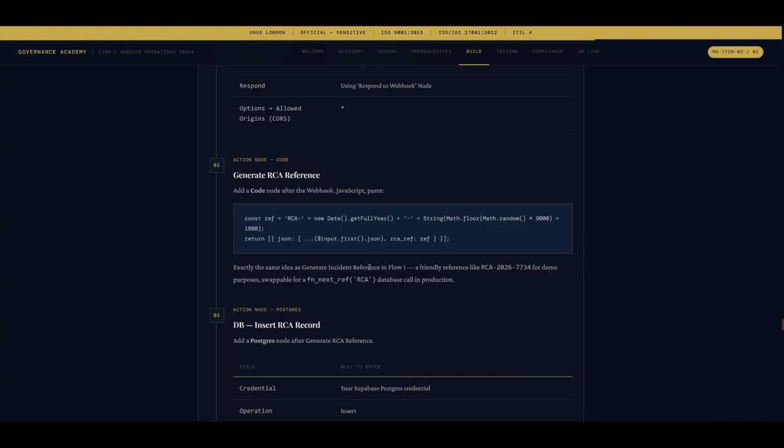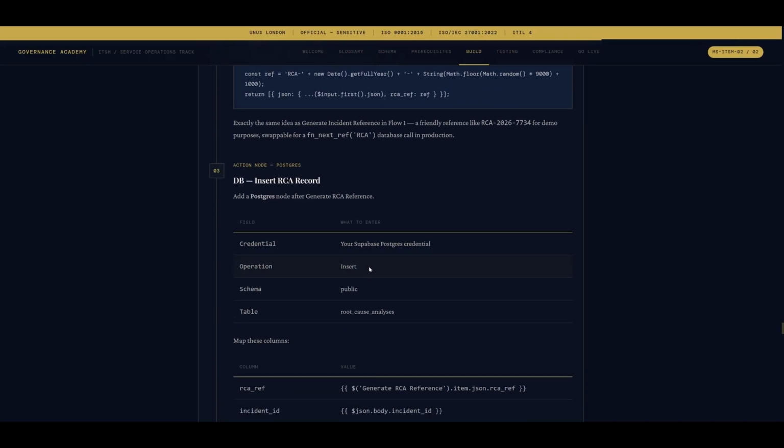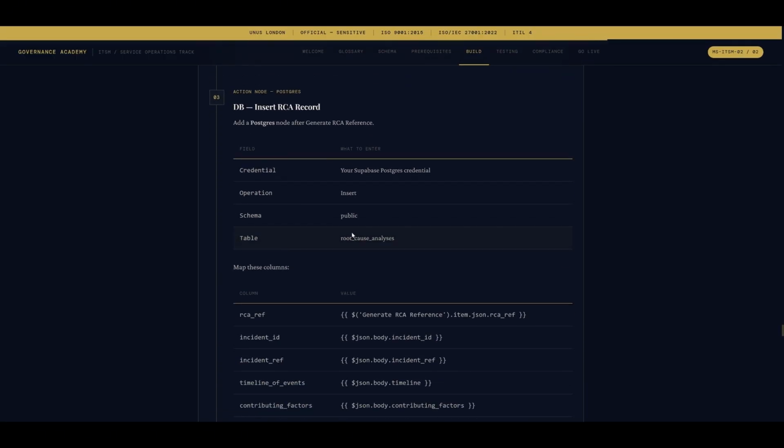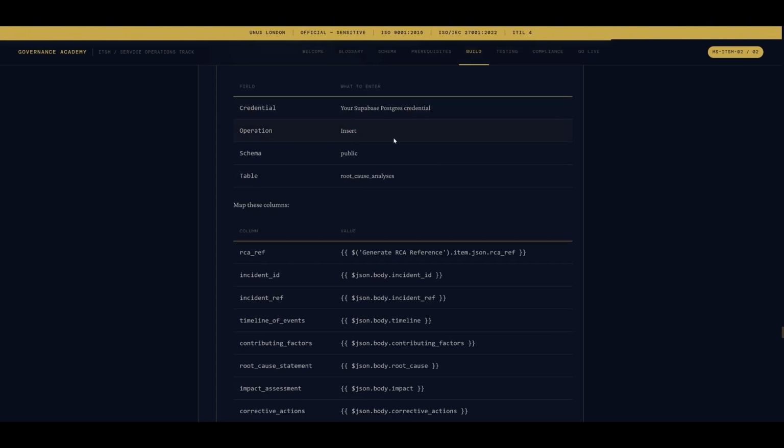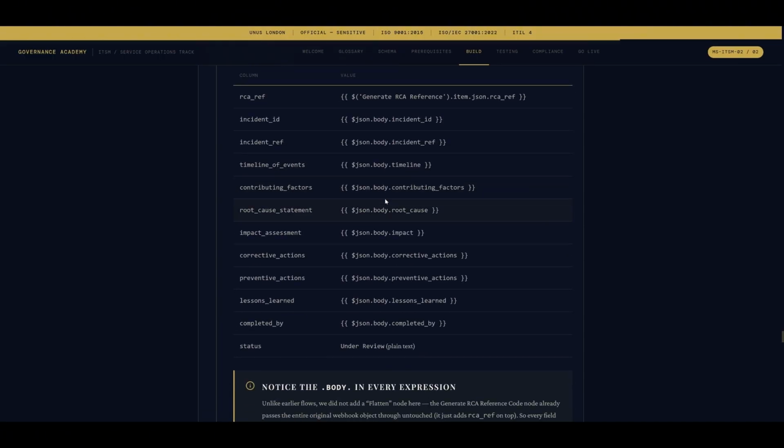So a unique identifier for this root cause analysis. Then the next node is the Postgres node, which updates the database with this information. Again, your credentials. The operation is going to be insert this time. The schema is obviously public, and the table is going to be root cause analysis table. And you're then going to add this information in that's going to update those columns in the database in that